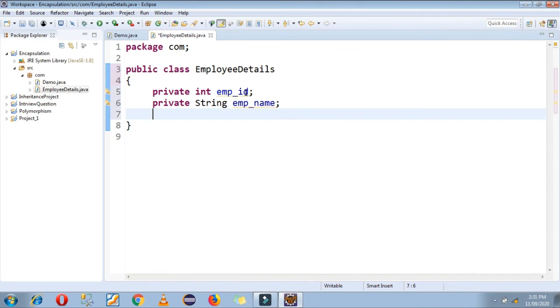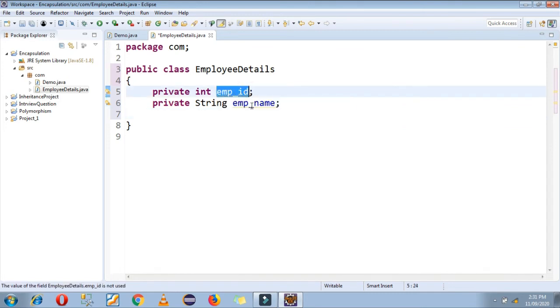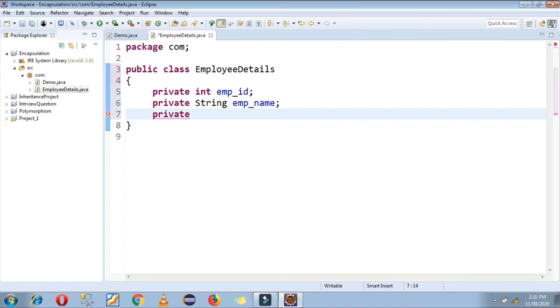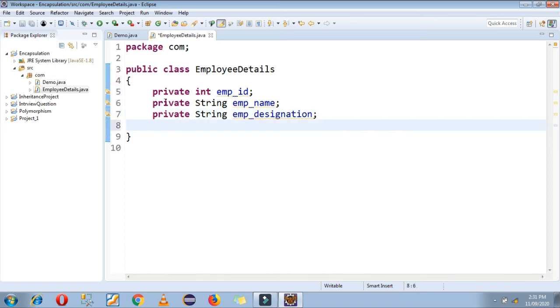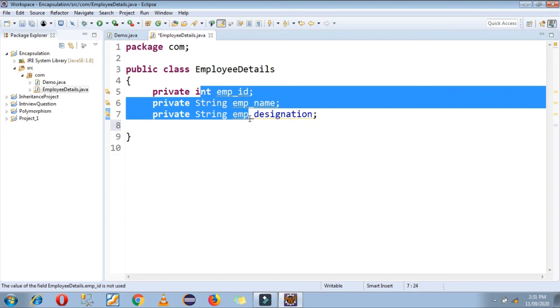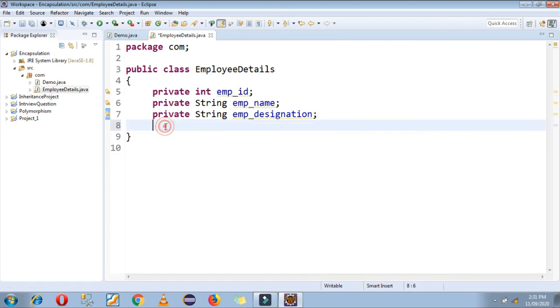It's called camel naming convention. empId, empName, then private String empDesignation. Okay, here I have taken three variables. All of them have private data, private access specifier.